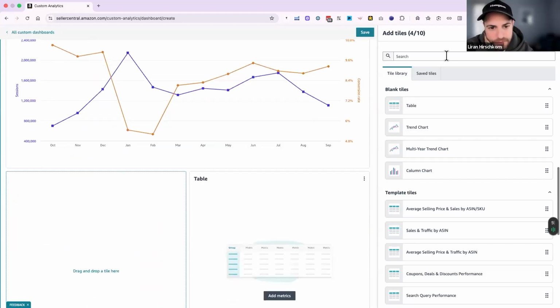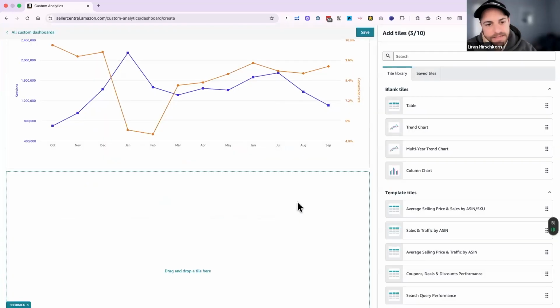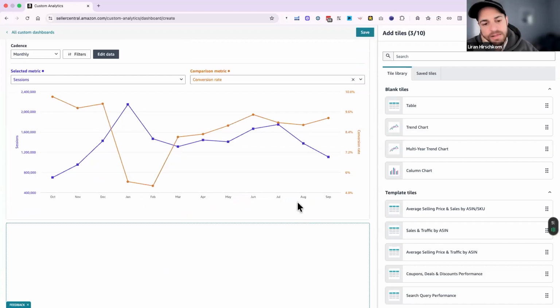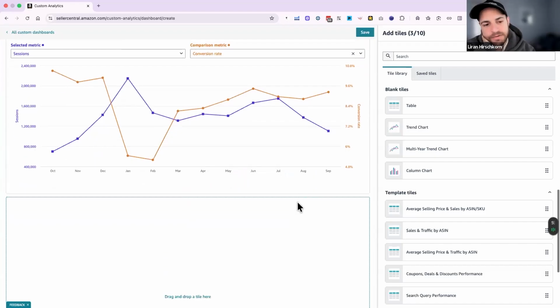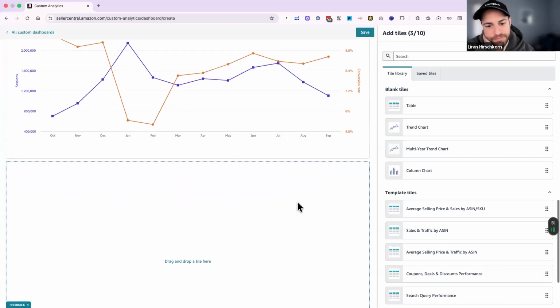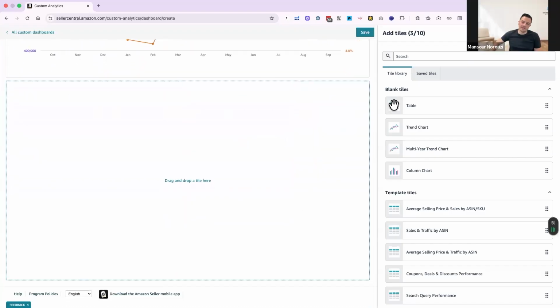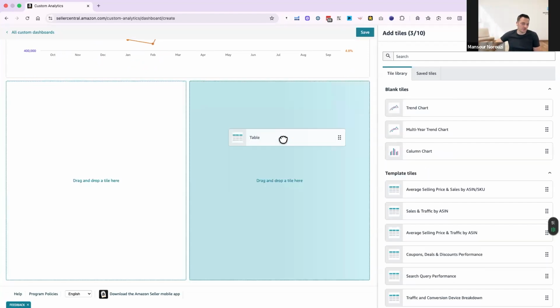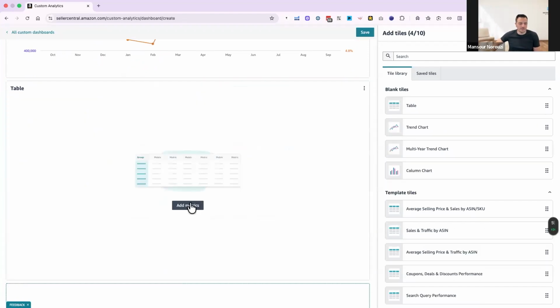Okay, so now we would ask, do we have any questions based on this? I guess we want to see on a product level which products are down: down in sales, down in sessions, what's happening on a product. So a table is the best place for that, because there are so many products you can't put them all in the chart. So if we put the table here,